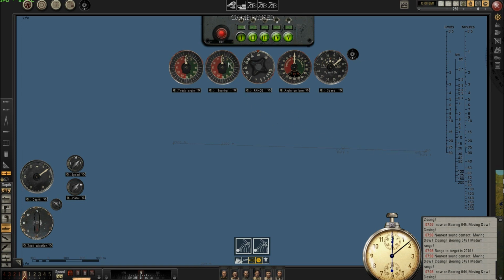The bearing will be on my right side, so the bearing will be here. The range and the angle on bow, I know the ship is traveling from my right side to my left side, so the angle on bow will be here on the left side. So now I must choose where I want to hit this